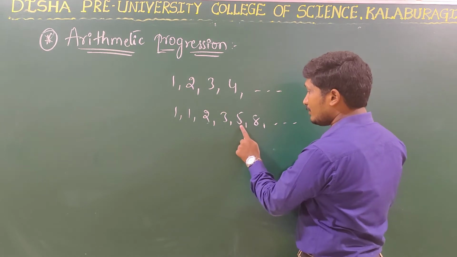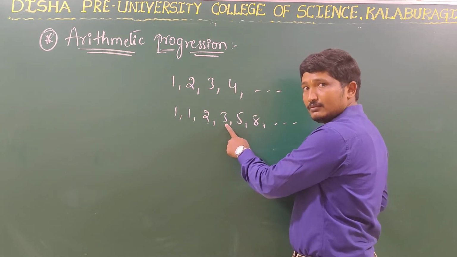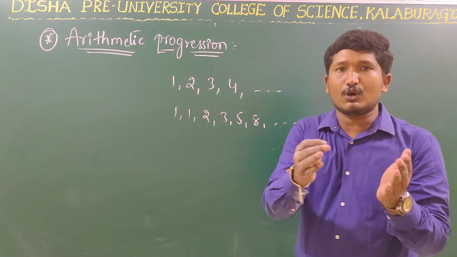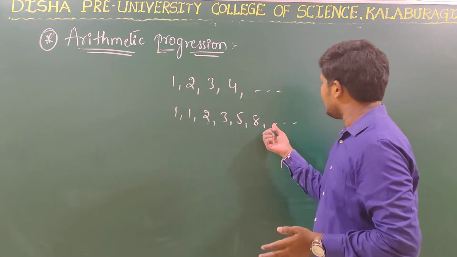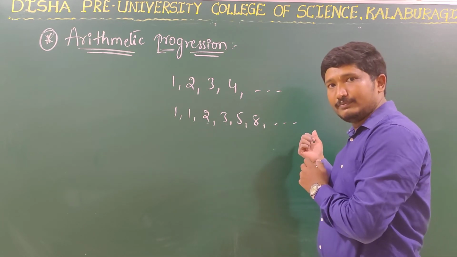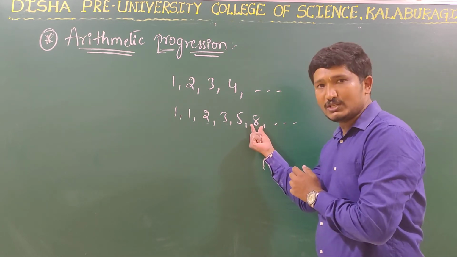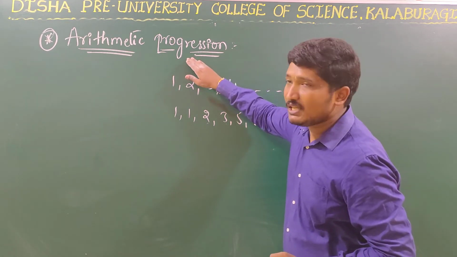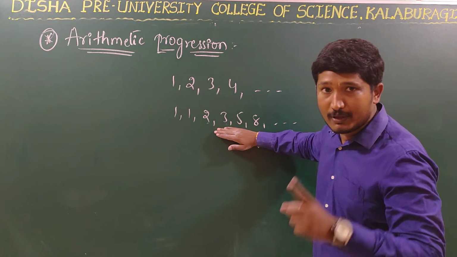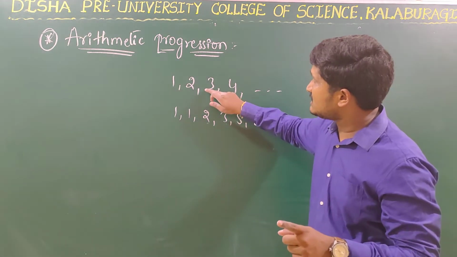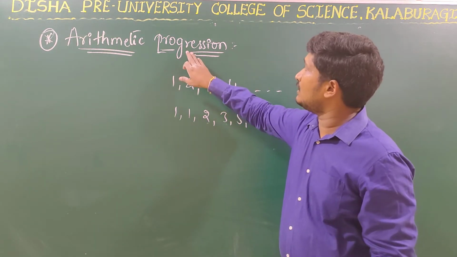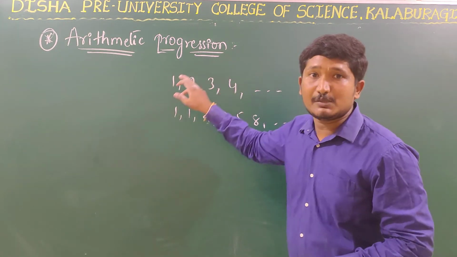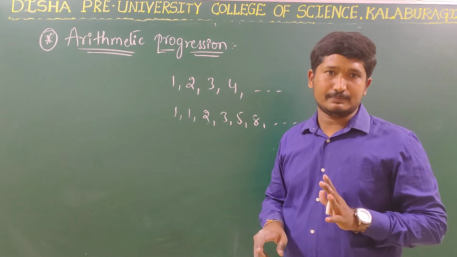Again, next term is obtained when you add 2 to this. Right? So, each term of the sequence doesn't follow any specific pattern so that we can recognize the next term. So, this sequence does not become a progression. A sequence is said to be a progression when it follows some specific pattern,